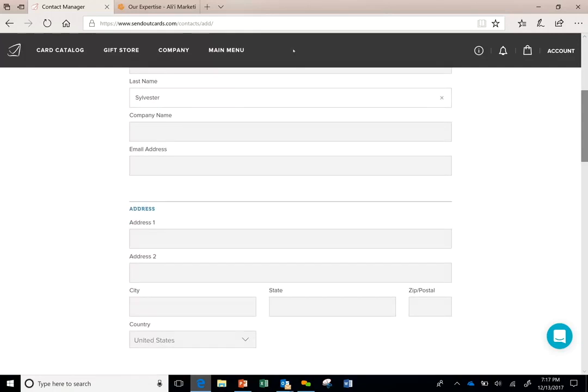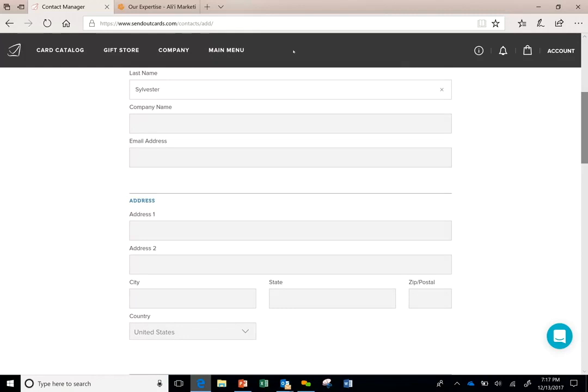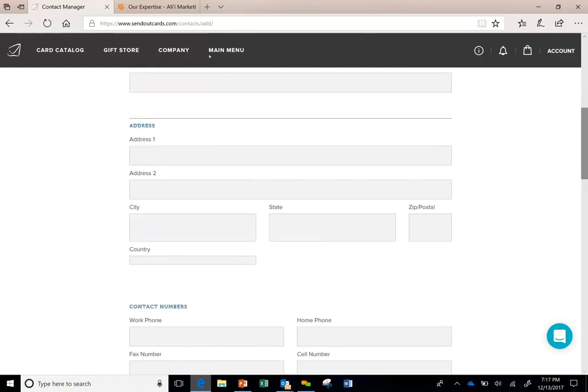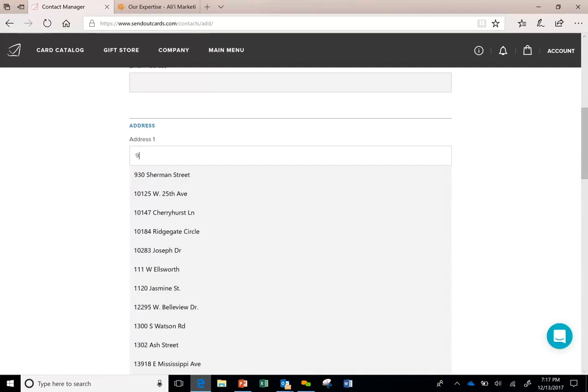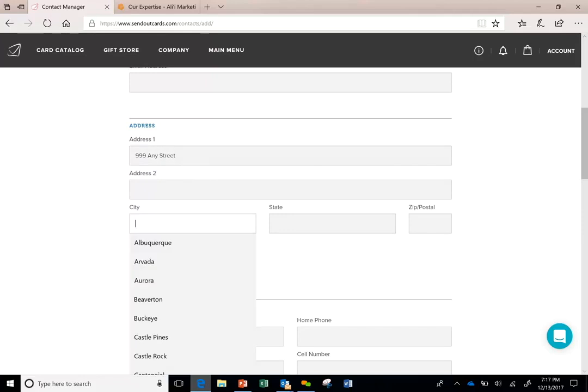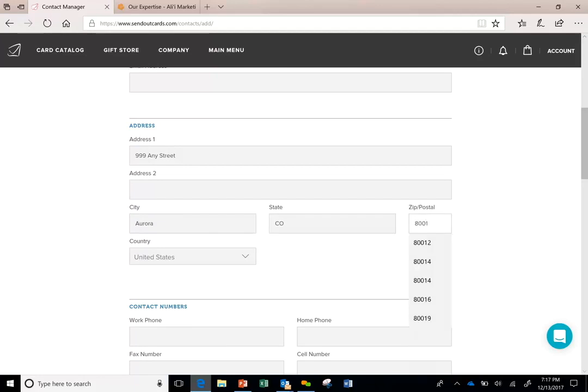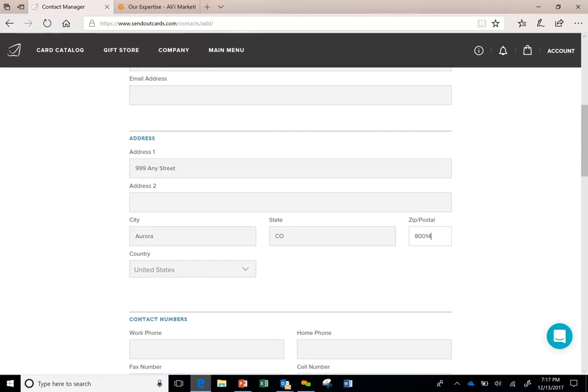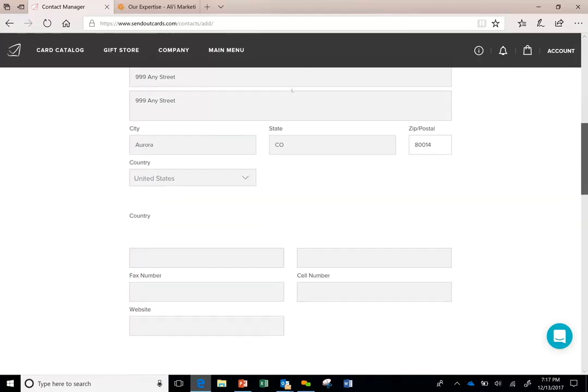I track those elsewhere. But if you're a small business owner, maybe brand new, and you need a system to track phone numbers and email addresses, you can certainly put them in here. What I use this mostly for is the mailing addresses that I use. So I'm going to put in 999 Any Street, and I'm going to put Aurora, Colorado, 80014. So I have my address in, and then it takes me to a section where I can add phone